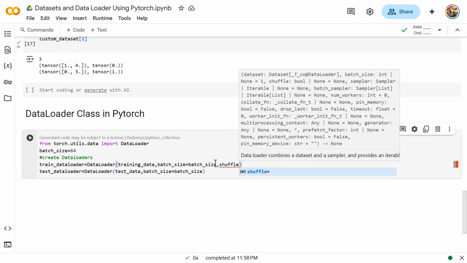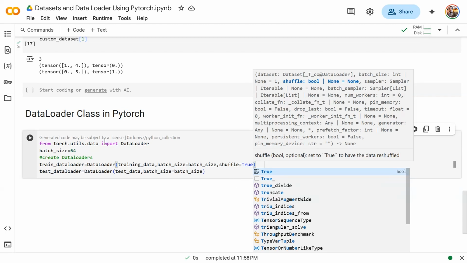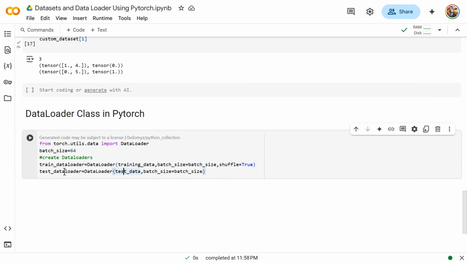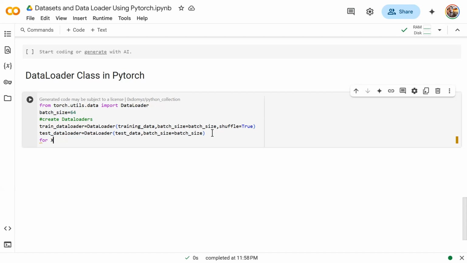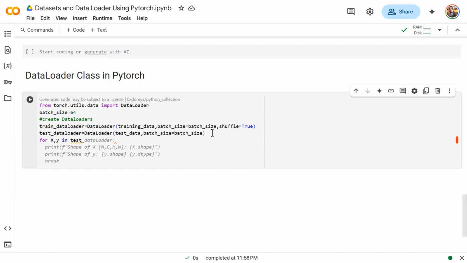So we will just set shuffle equal to true. And similarly for the test data loader, we have passed the test data and then batch size. Then for X, y in test data loader, print